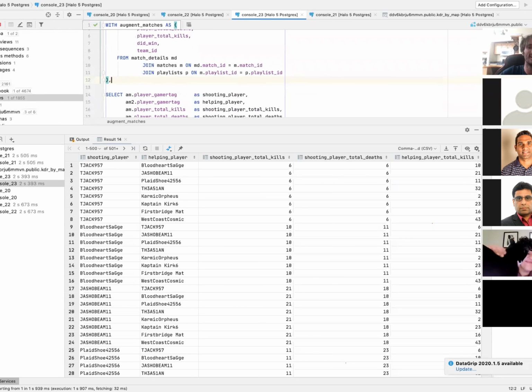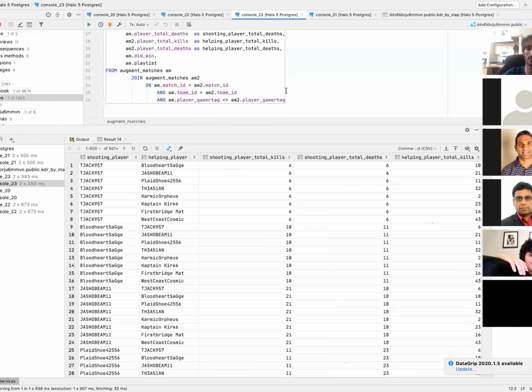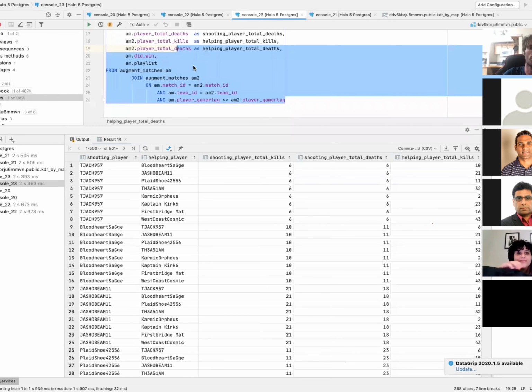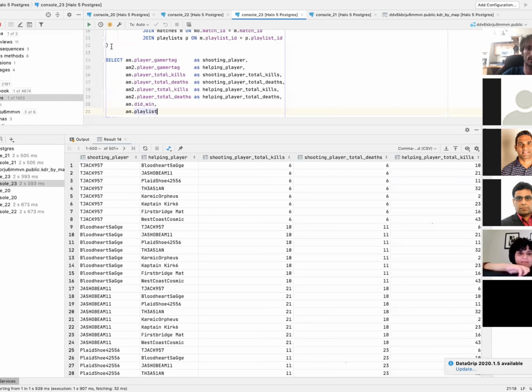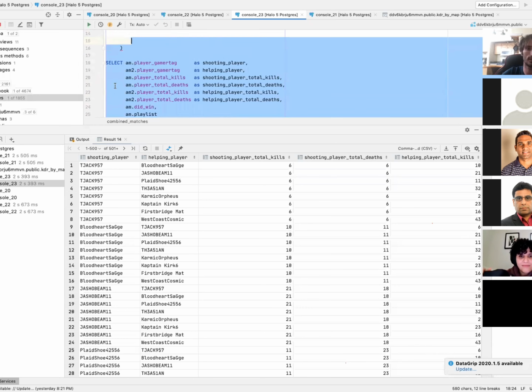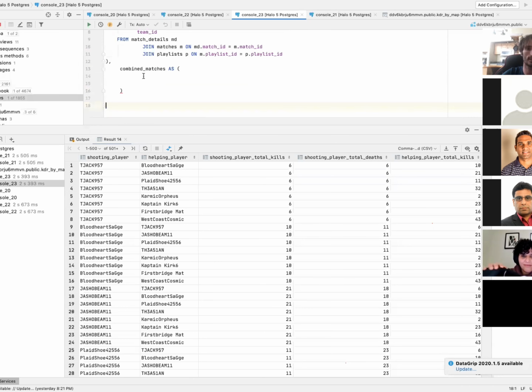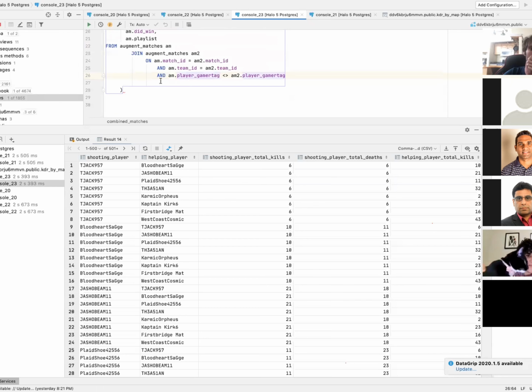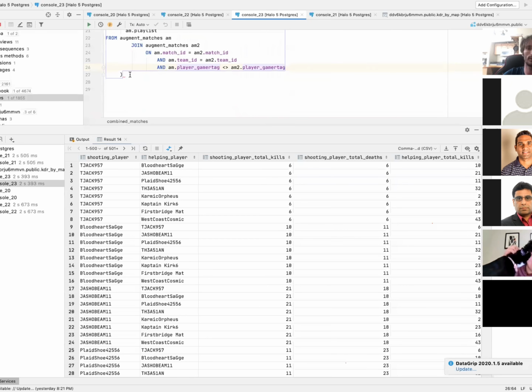So I'm actually going to move this query that we currently have into another CTE, because I don't want to run an aggregation on top of this. I'm going to call this combined matches, and this is going to be this query here. All right, so this will give us combined matches. Now what we want to do is aggregate this, right? So what we're going to do here is say